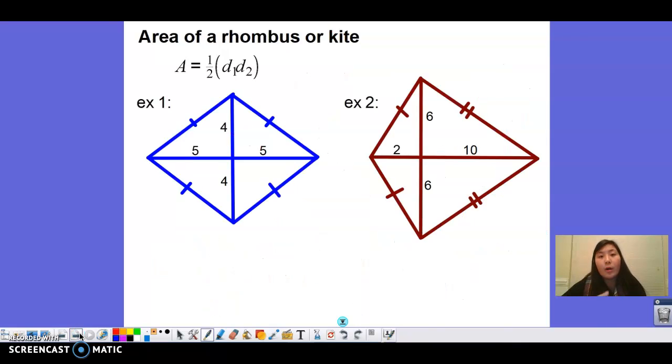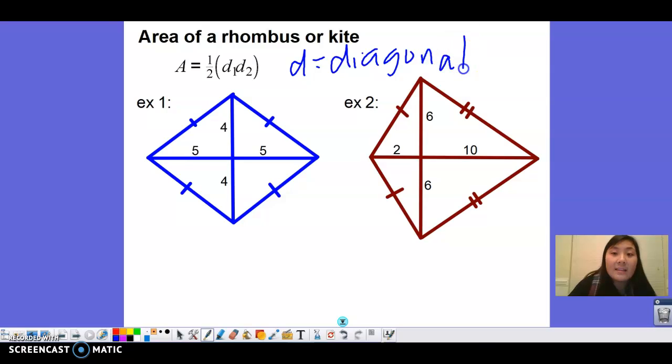Now, the area of a rhombus or a kite. So I understand that a rhombus is a parallelogram, but with this kind of rhombus, or this kind of parallelogram, we're not given side measurements, we're not given the base, we're not given the height. However, we are given information about the diagonals. So we can actually deal with the diagonals using this formula. That means that the D in this stands for diagonal. So we're going to get the entire diagonals,